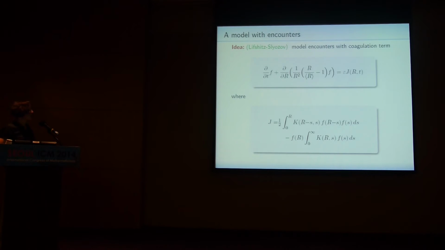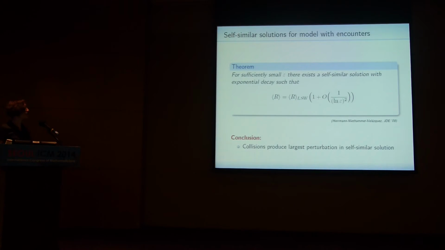And then you can investigate self-similar solutions of this model. Of course there's the scaling epsilon, it goes like the volume fraction. To investigate self-similar solutions of this model is not easy, but one can do it. And we came up with the following result: there also exists a self-similar solution. It also has infinite support, but it decays quite quickly. The interesting thing is what the correction to the average radius looks like. It scales like 1 over log epsilon squared. So the correction is much larger than in the model that takes the fluctuations into account.